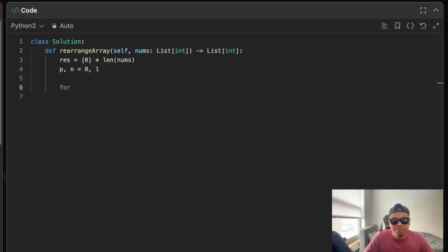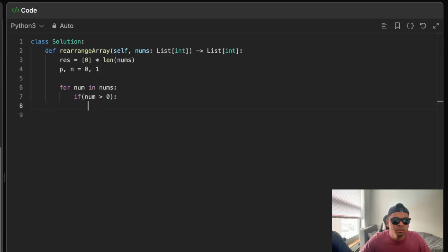And then we will have this for i in range, or you know what, I think I don't even need this. I'm just gonna say for num in nums, if num is greater than 0, then I wanna add it to basically